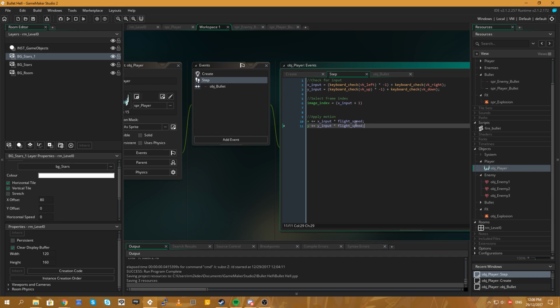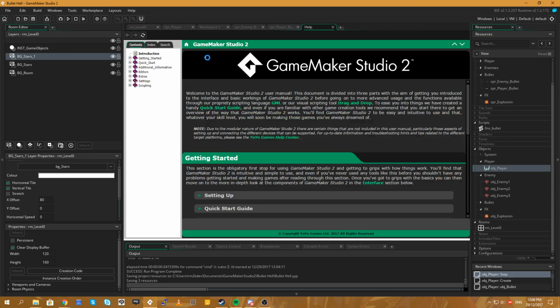We could use the sine function to sort of offset our position a little bit, but that really would only work when we're moving. So what we need is a counter of sorts. Does anyone in the comment section know if GameMaker has a delta time function like Unity? Let's have a look at the documentation.